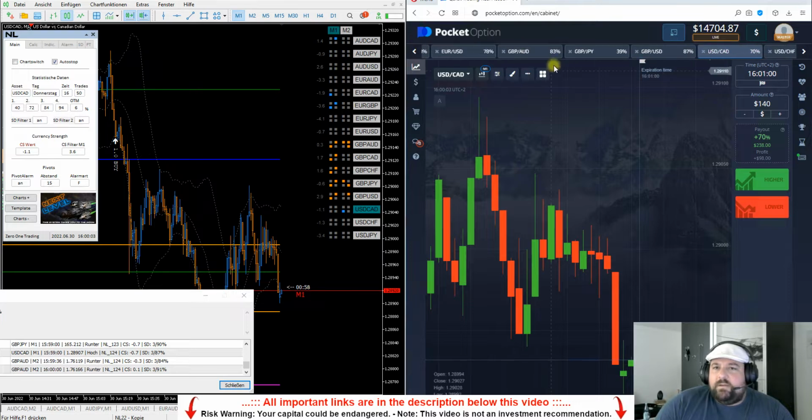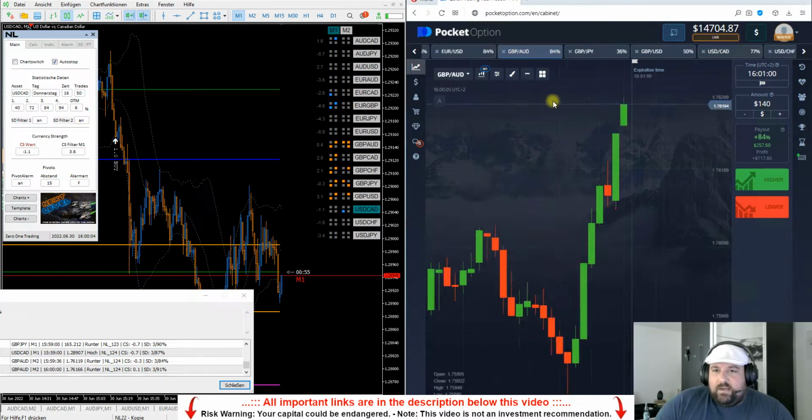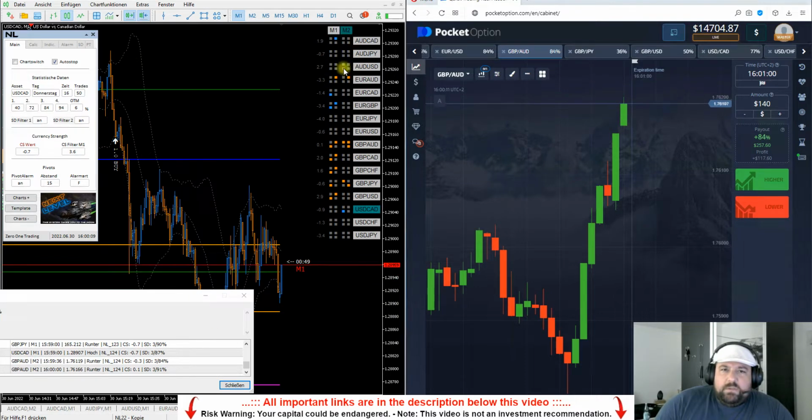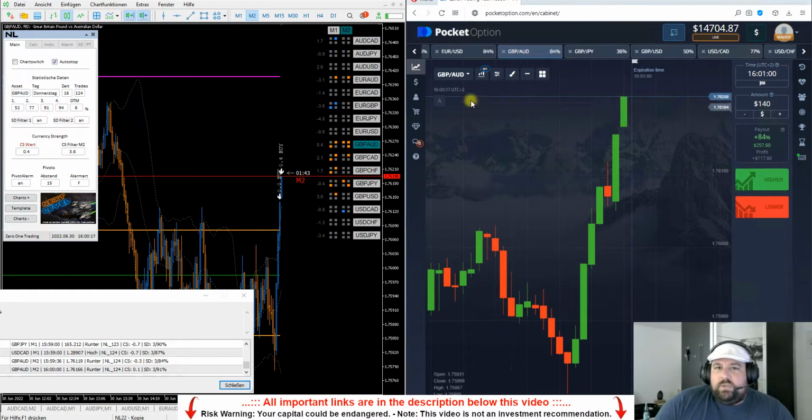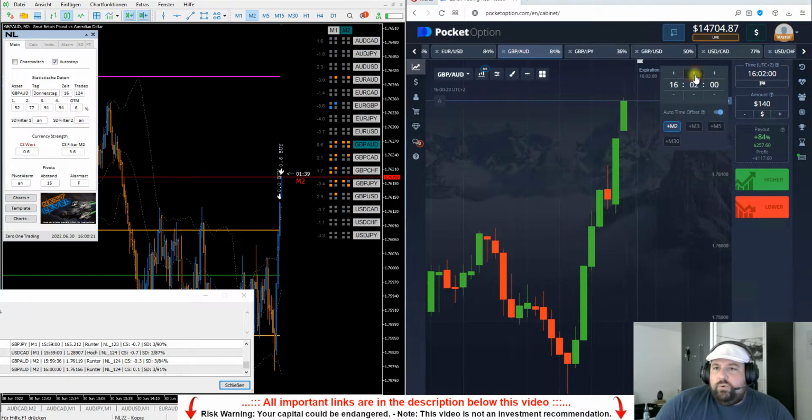GBP out. I must fix this so they are on the left, or maybe we can do some trade. It's M2 in GBP Australian dollar. Going strange to the moon. So we start at 2 and finished at 4. This candle must be